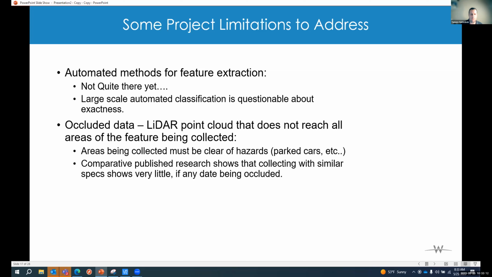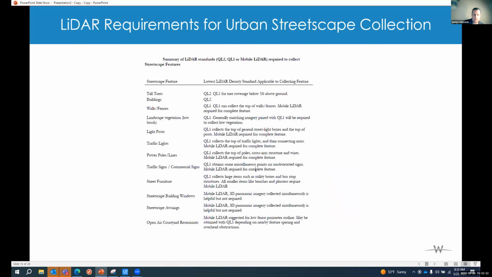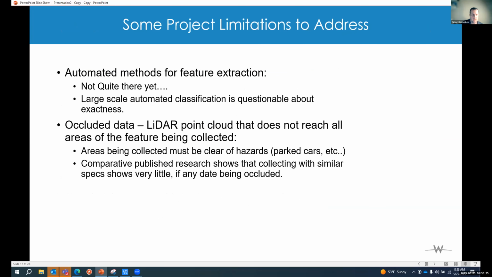Everybody's looking for that one button that you can push that's going to classify everything into anything that you want. So again, just going back a few slides here, what is that one button that I can push that's going to just say, boom, put everything into these different categories of features in the point cloud, and boom, we're done. That hasn't quite happened yet. There are a lot of researchers that are really looking into different methods. And of course, now that within the past few years AI has really hit the scene, I suspect